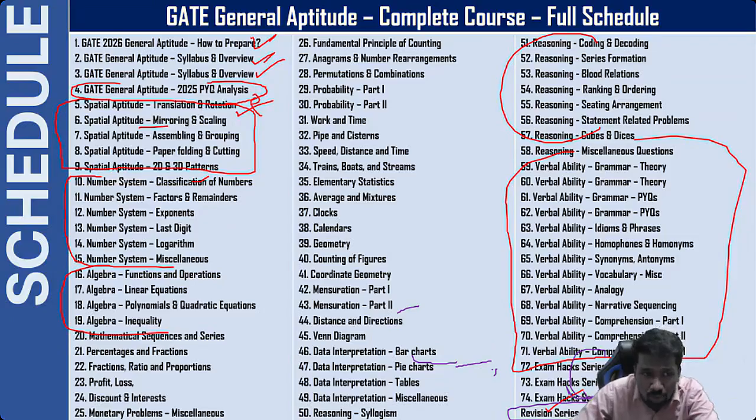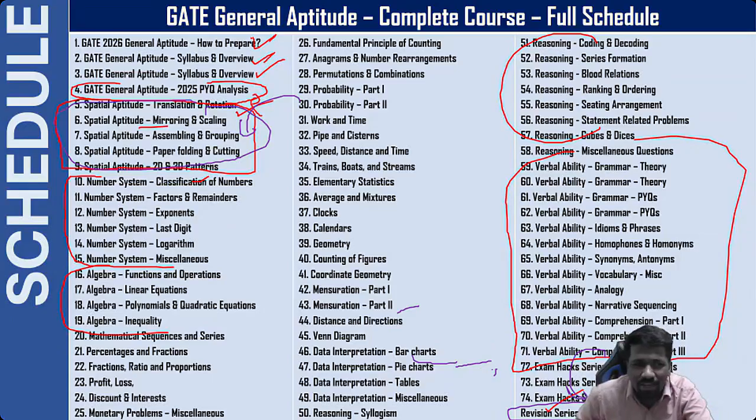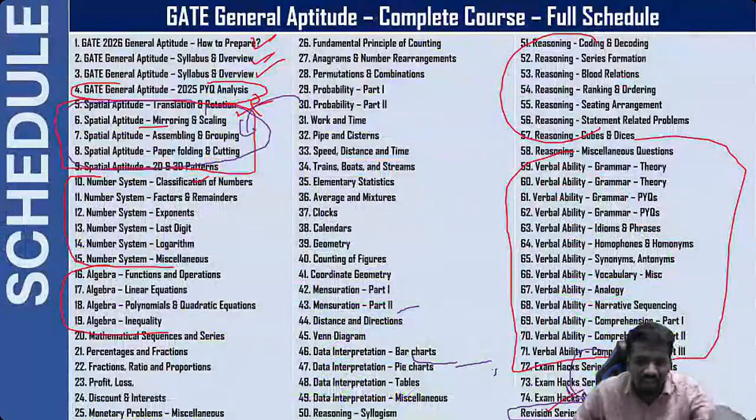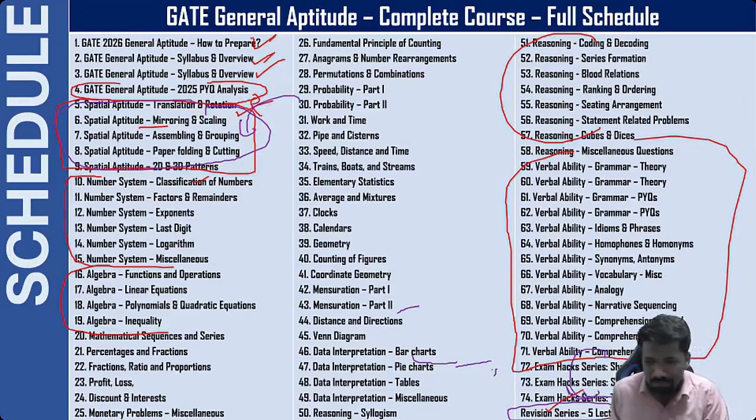So those of you who join now, these spatial aptitude topics will be taken minimum 2 times in the cycles. So once you have attended, if you think I will attend these live lectures one more time, that will be revision. You are allowed to do that. Till February 28, 2026, however many times the lectures are repeated in this course, you will get access to all of them again. 2 times only it will be repeated, not more than that. The cycle of 75 lectures we will be conducting minimum 2 times. That is how the course will proceed.